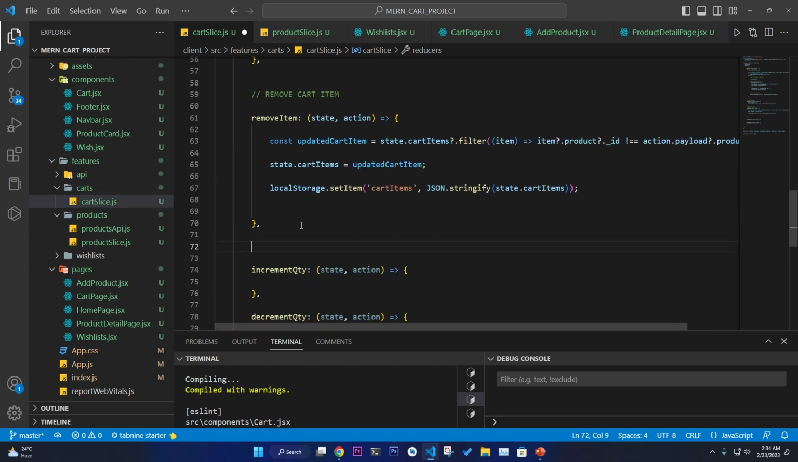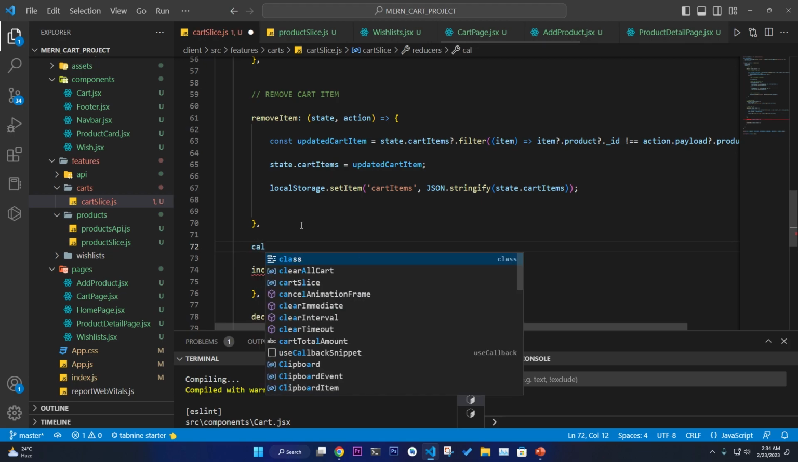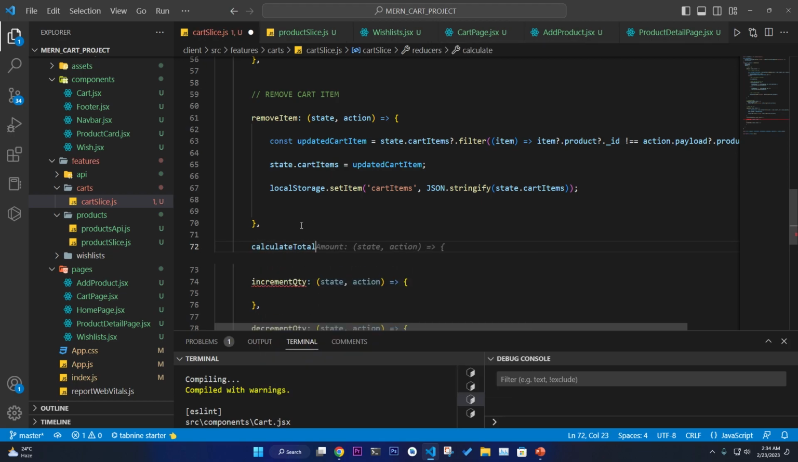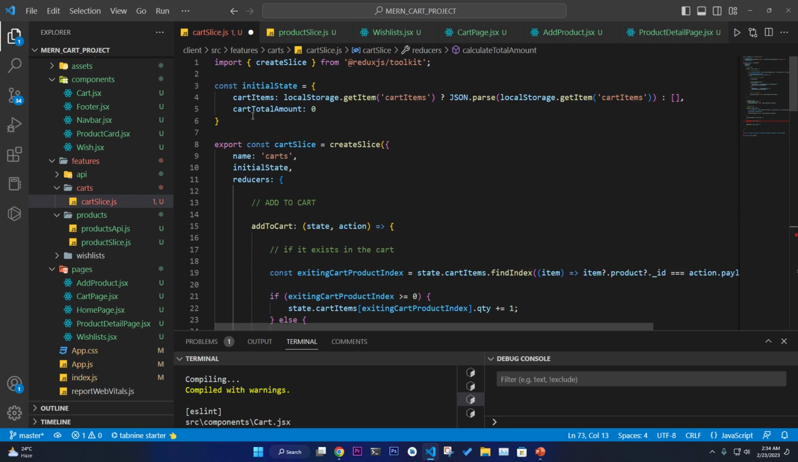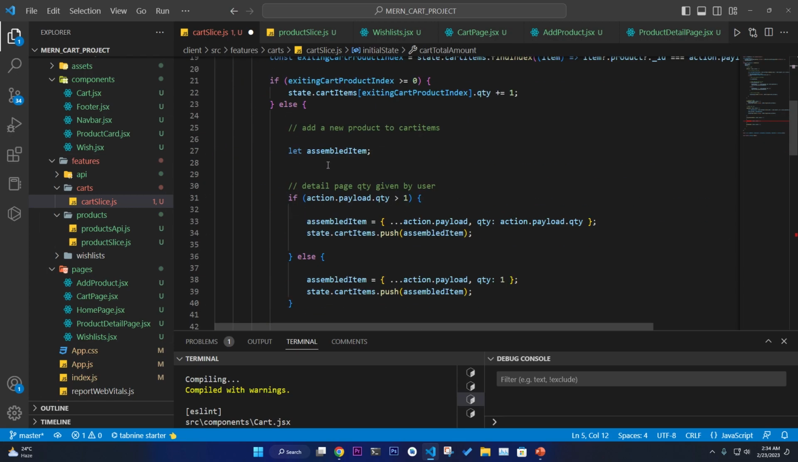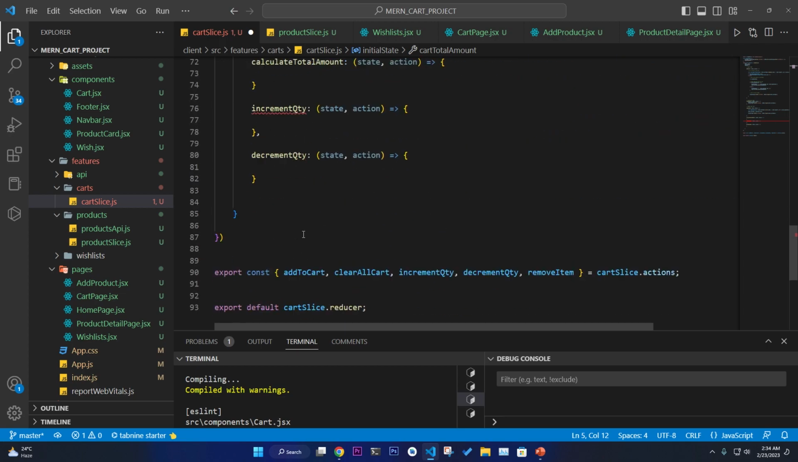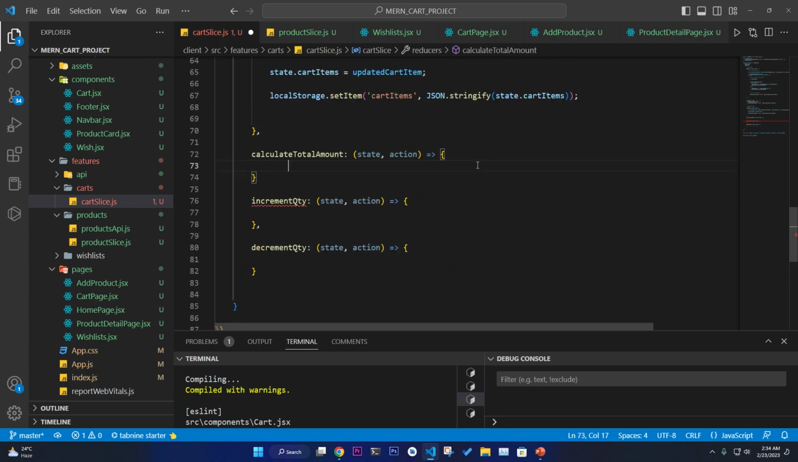So first we need to go to cart slice and calculate the subtotal. Here we're going to calculate the total amount. You're going to take action and state. Now, how can we calculate the total amount? We have an object to calculate the cart total amount. We need to work with this. So cart total amount